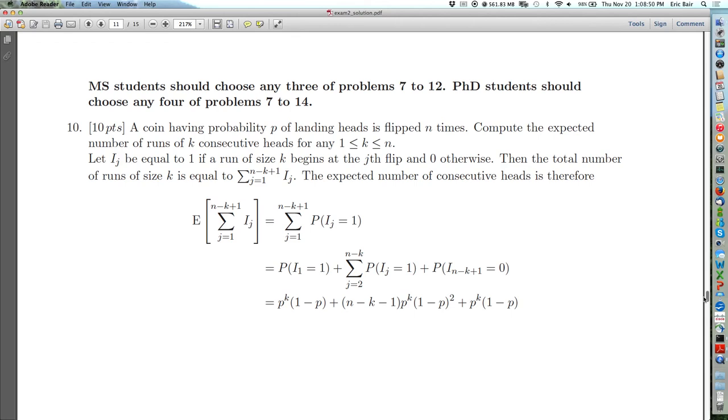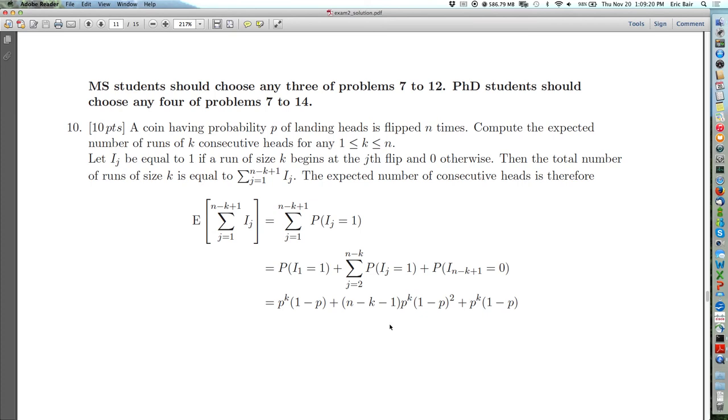Question 10. Well, this one, not very many people chose it, and those who did choose it tended to struggle with it. I think there were 2 people who got it right, or basically right. I don't know if anyone got it 100% perfect. The people who got it wrong wrote something on the order of n minus k plus 1 rather than n minus